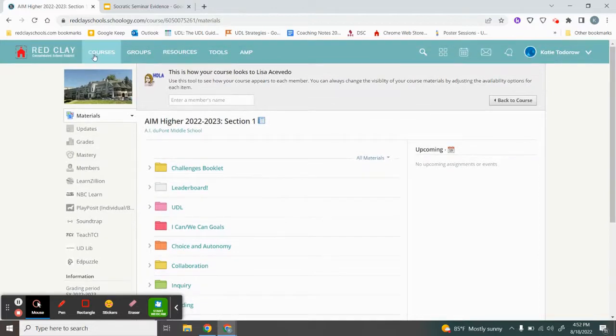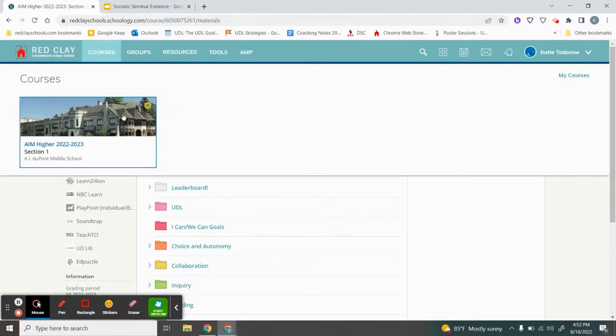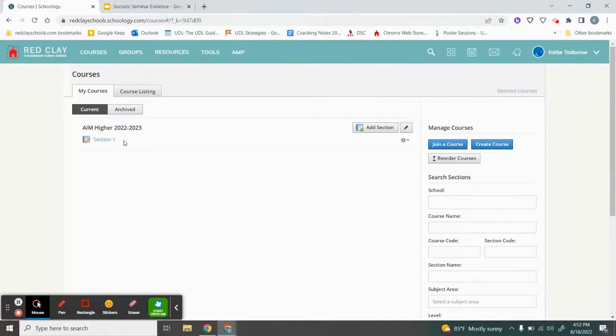As a reminder, it is a course, not a group. This is what you should see in your courses drop-down. If you have too many courses, it might not show up in your drop-down. If that's the case for you, you'll go over here to My Courses, and then you should see it listed and available for